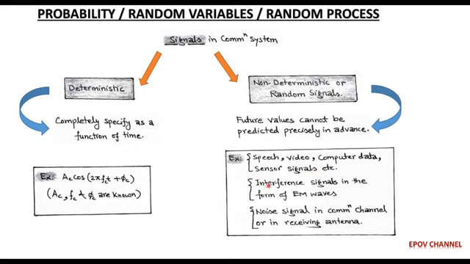These types of random signals may distort or interfere with the transmitted signal, that is in the form of electromagnetic waves. So the random signals which interfere with the transmitted EM signal in the communication channel are called noise signals, and these noise signals are additive in nature. So at the receiver side, the antenna receives a noisy signal, that is a combination of the transmitted signal and noise signal.